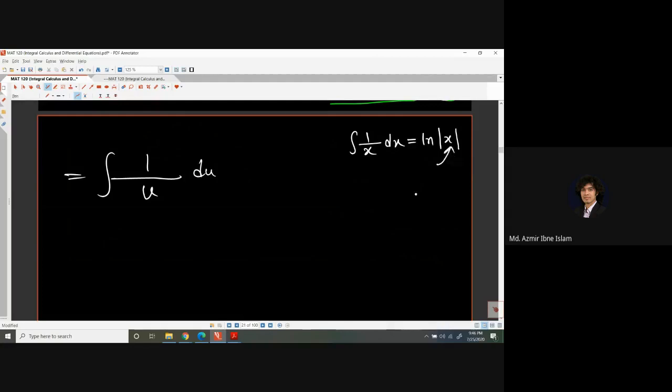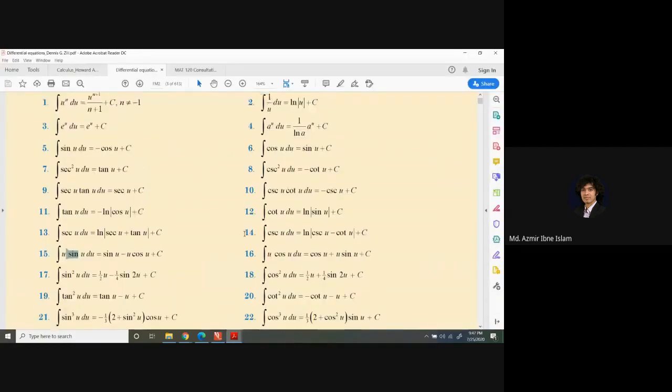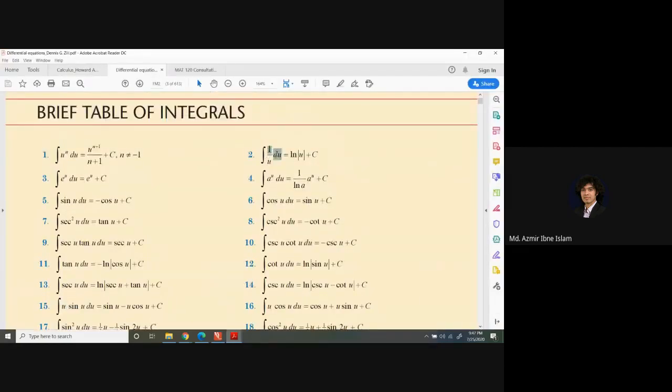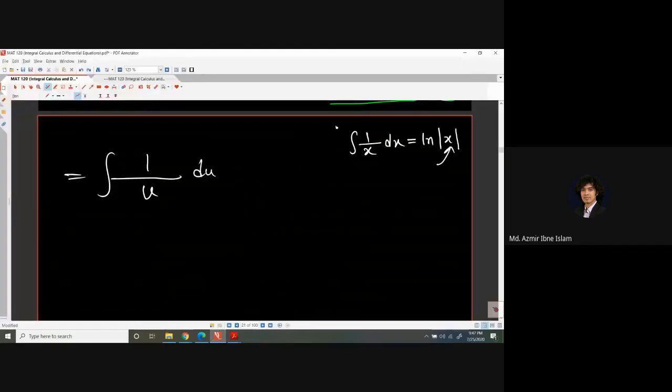You often make a mistake; you have a practice of writing integration of 1 over x dx is equal to ln x, but that is wrong. We have to use the natural log of modulus x, ln modulus x. Okay, that is the correct formula. You will find all these formulas in your reference book. This one, integration of 1 over u du is equal to ln modulus u. Okay,